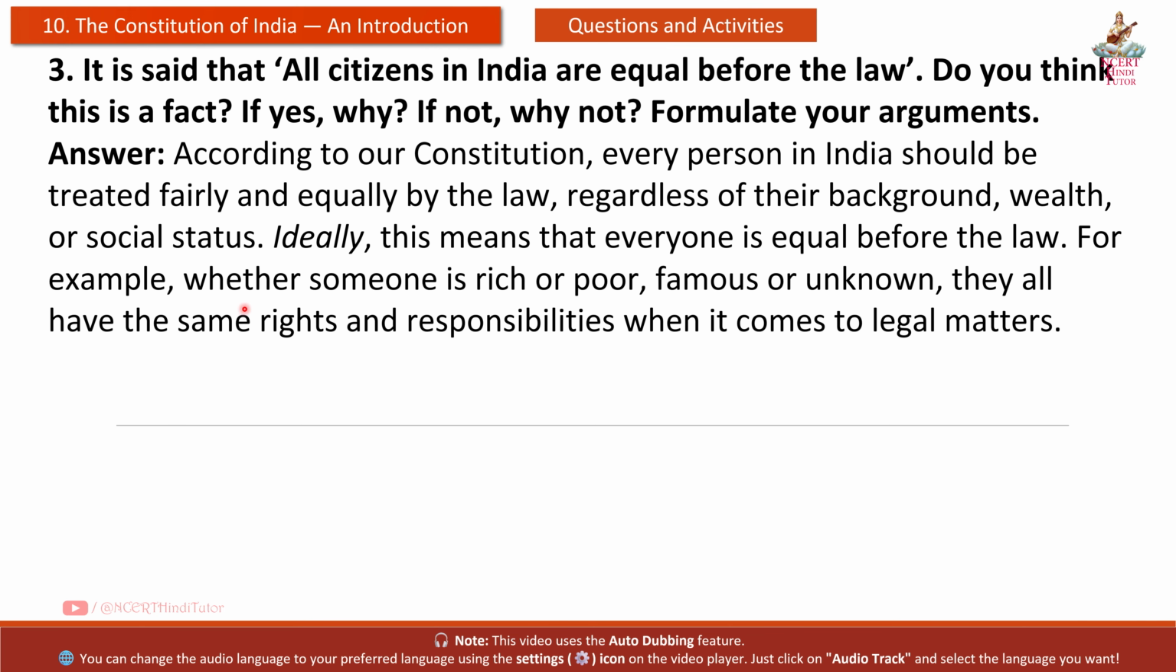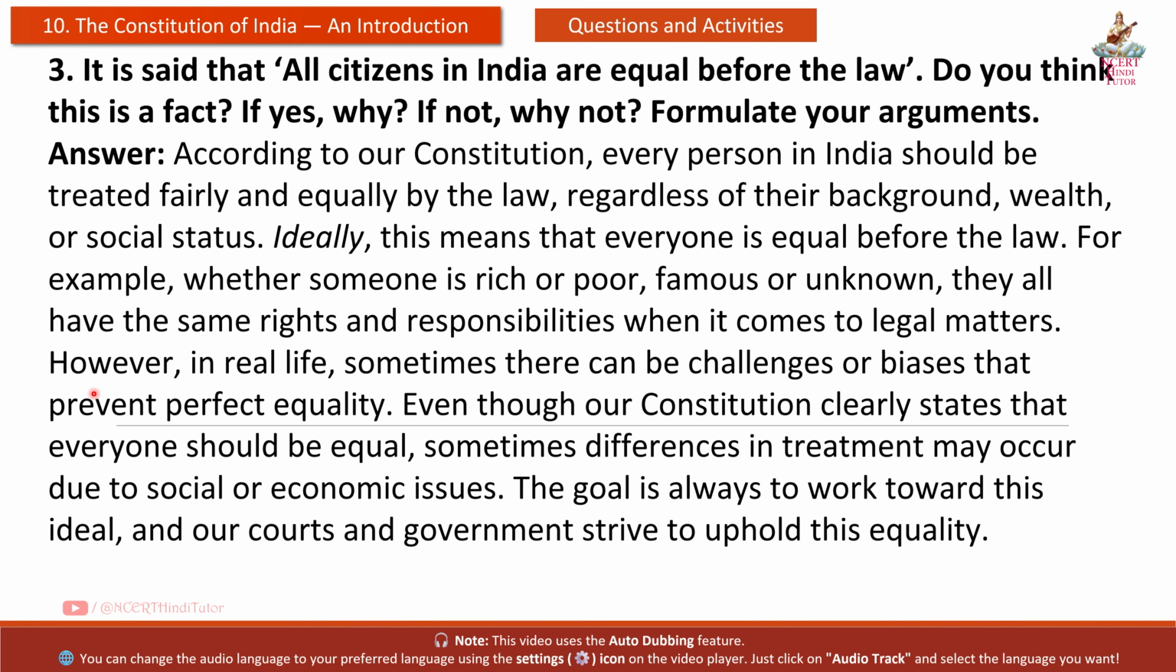For example, whether someone is rich or poor, famous or unknown, they all have the same rights and responsibilities when it comes to legal matters. However, in real life, sometimes there can be challenges or biases that prevent perfect equality. Even though our constitution clearly states that everyone should be equal, sometimes differences in treatment may occur due to social or economic issues. The goal is always to work toward this ideal, and our courts and governments strive to uphold